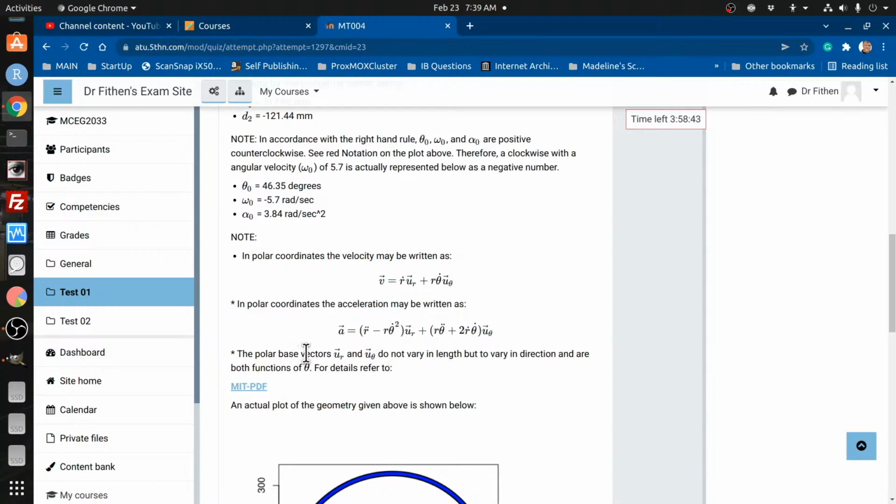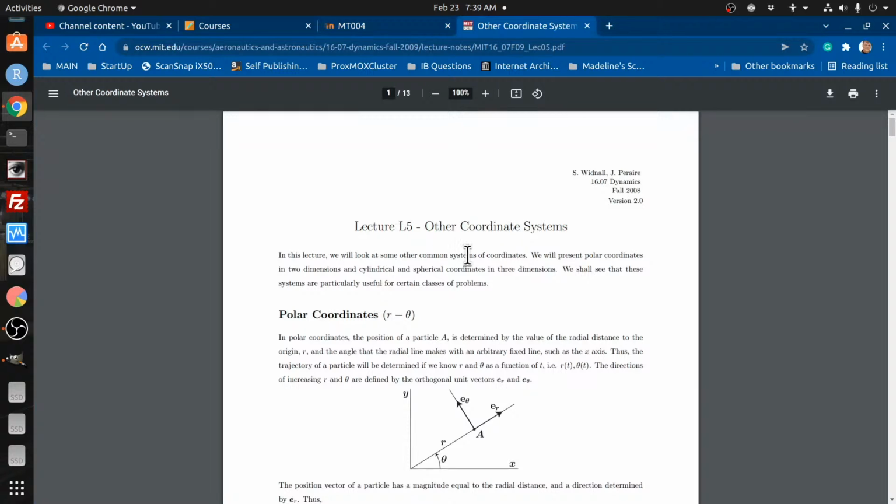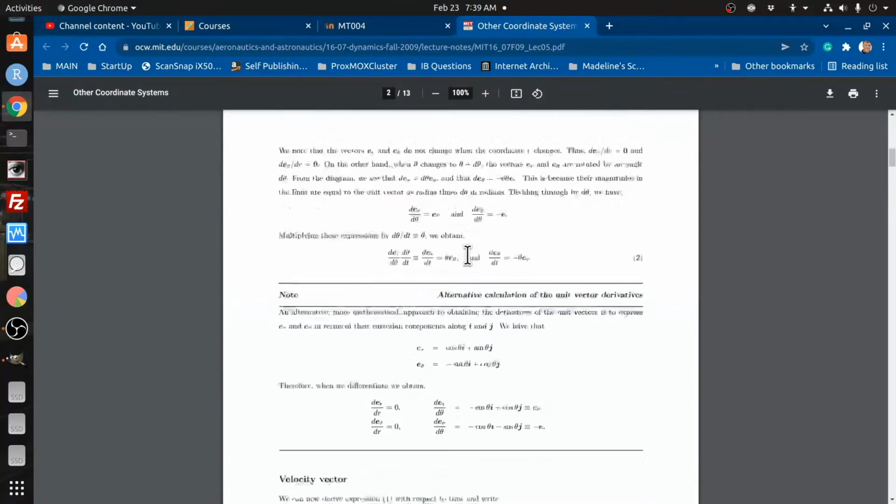The polar base vectors do not vary in length, but do vary in direction and are both a function of theta. For details, refer to, and if you click this, it'll launch lecture notes from